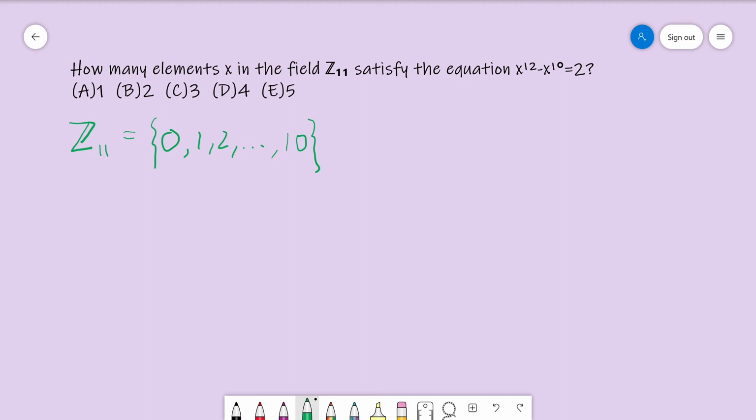So this equation is actually x to the 12th minus x to the 10th is congruent to 2 mod 11. That's what they're asking us here. Well, we can factor this as x to the 10th times (x squared minus 1) equals 2. And if you remember Fermat's little theorem,